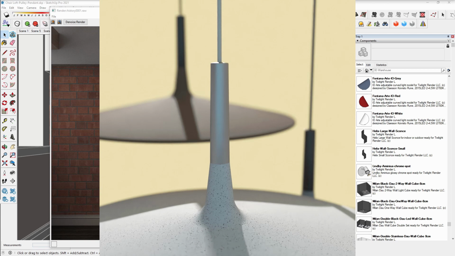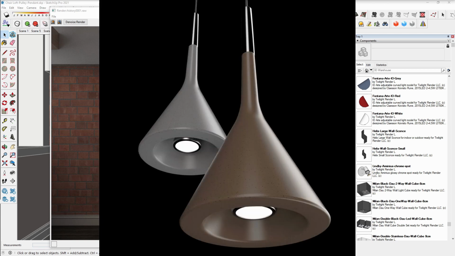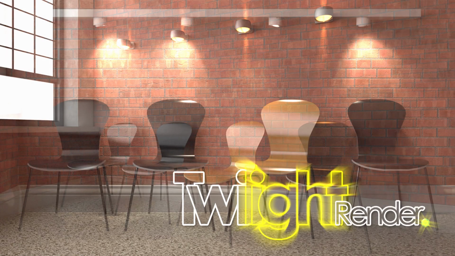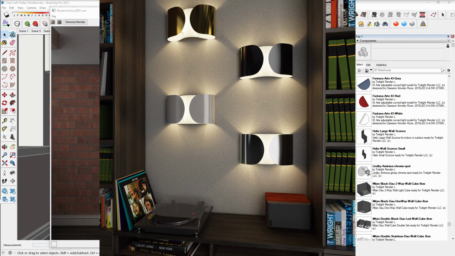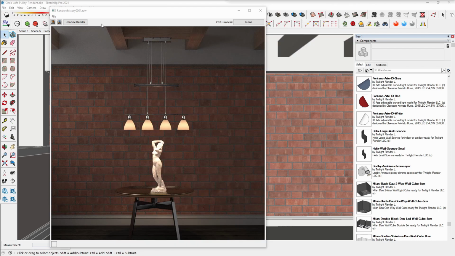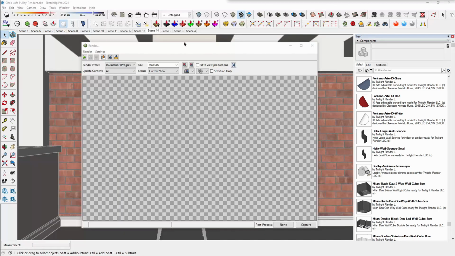Today we're going to discuss post-processing. Post-processing is how to adjust the exposure and the general look of an image after it's been rendered. You can also do post-processing during the rendering, but in this case I have the image opened in the render